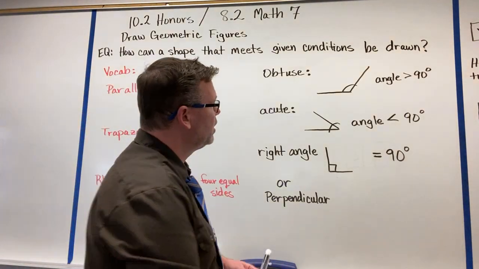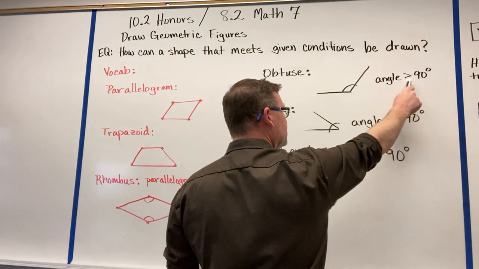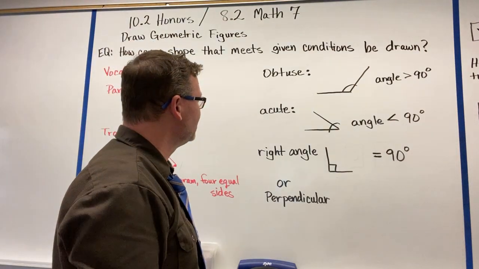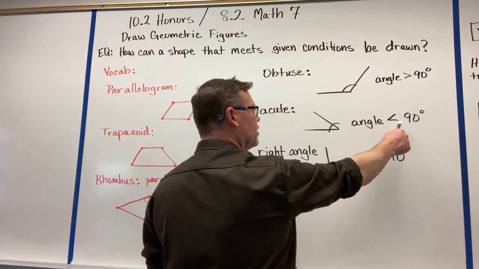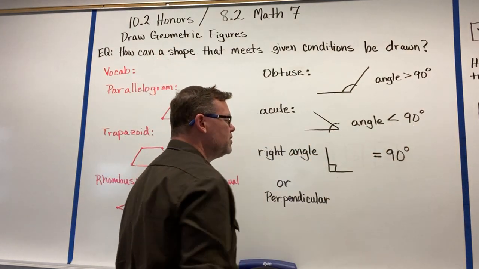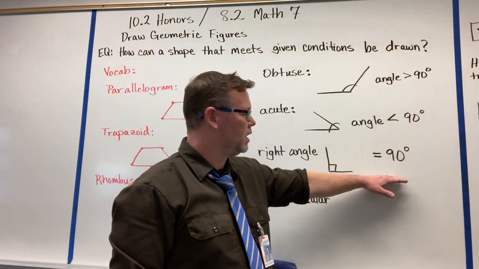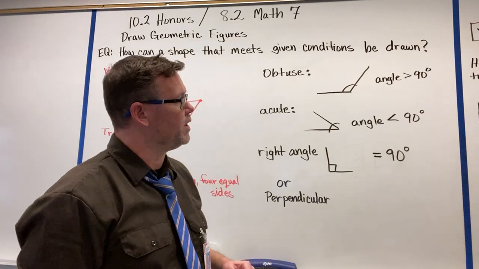We also have angles in this. Obtuse angles: an angle that's greater than 90 degrees. Notice how I threw that inequality in there. Review from the last unit, okay? Acute angles are any angles that are less than 90 degrees. And a right angle is any angle that is exactly 90 degrees, which is bringing me to my point,